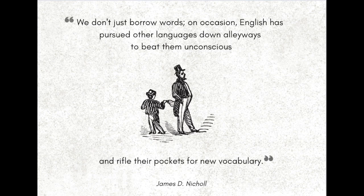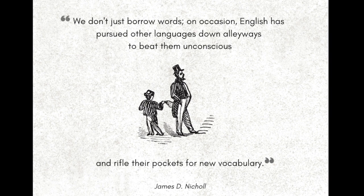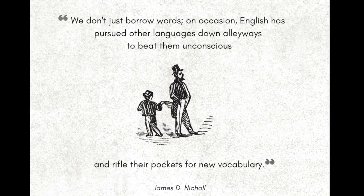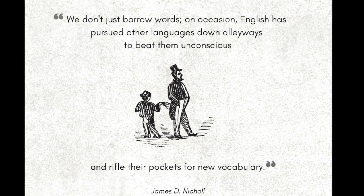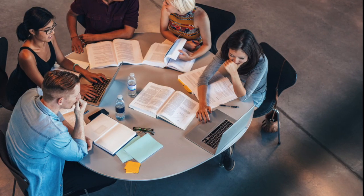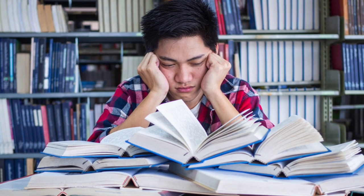We don't just borrow words. On occasion, English has pursued other languages down alleyways to beat them unconscious and rifle their pockets for new vocabulary. James D. Nichol. As any student of the life sciences will tell you, medical terminology can feel like a foreign